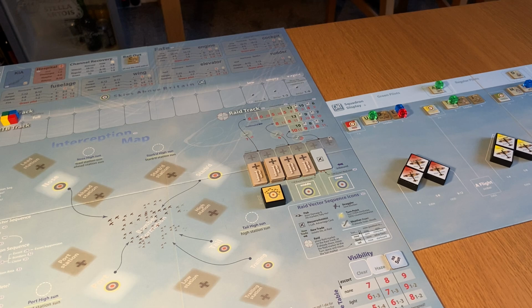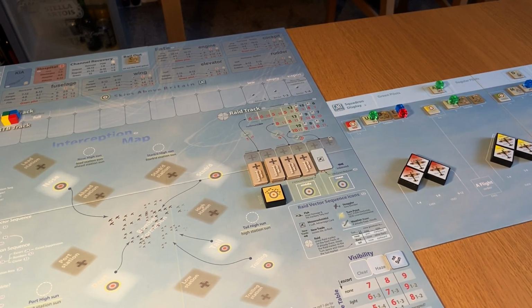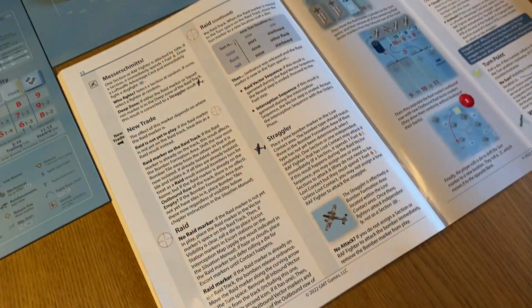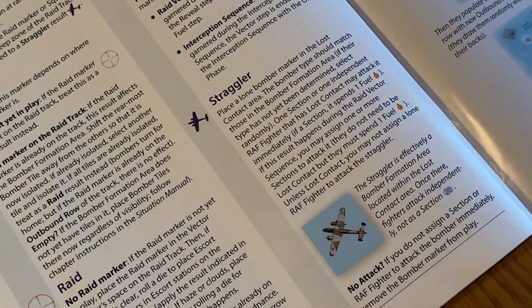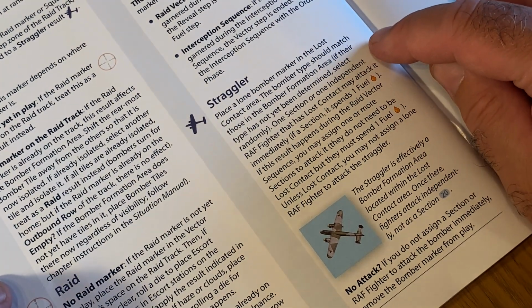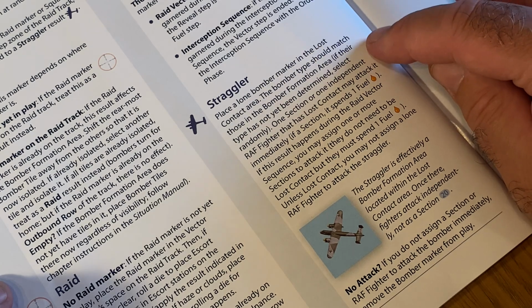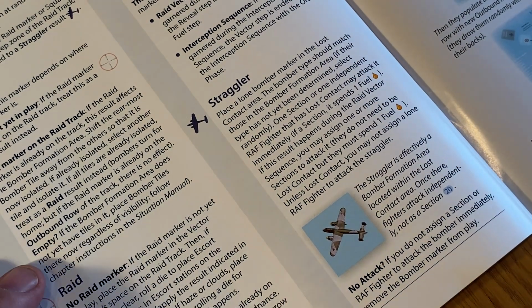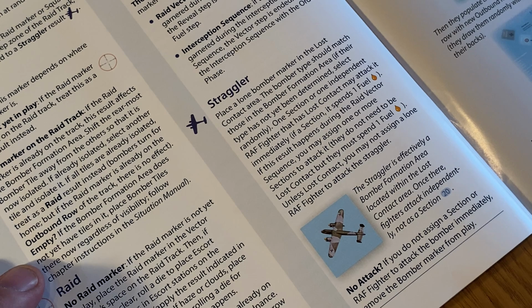Hang on. Let's just read it. I feel like I'm probably wasting time here, and I'm a little pushed. I've got probably just an hour. Place a one bomber marker in the lost contact area. The bomber type should match those in the bomber formation area if their type has not yet been determined. Select randomly. One section or one independent area fighter that is lost contact may attack it immediately if a section spends one fuel. If this result happens during the raid vector sequence,